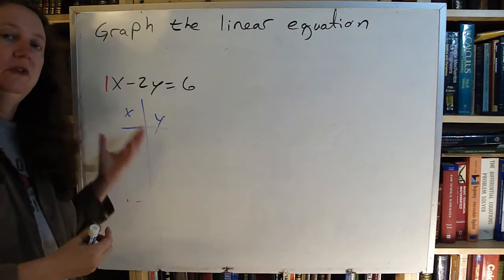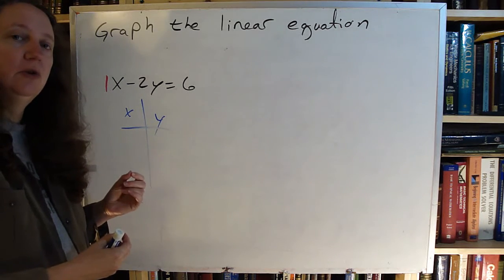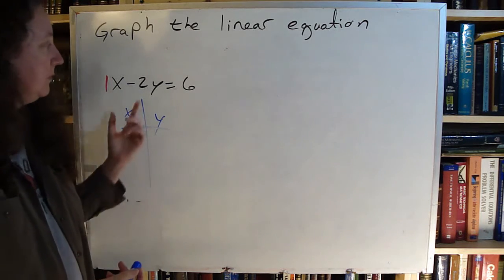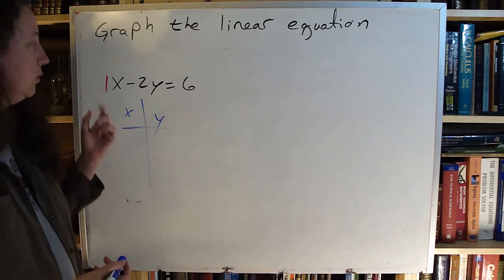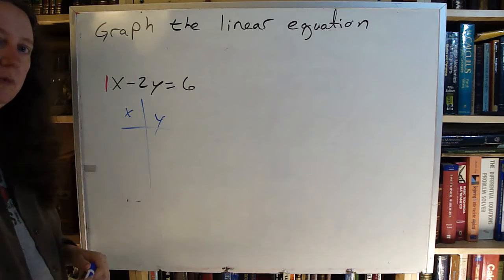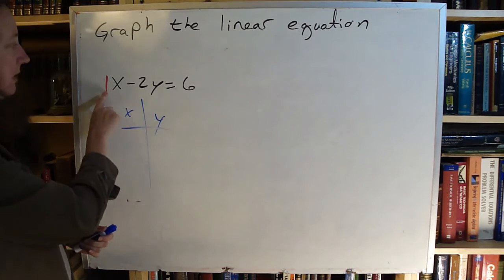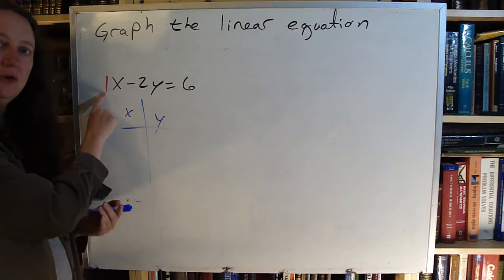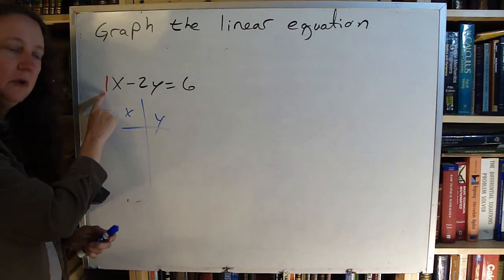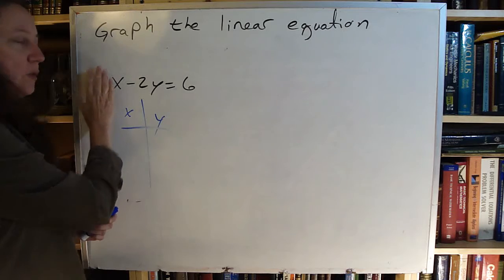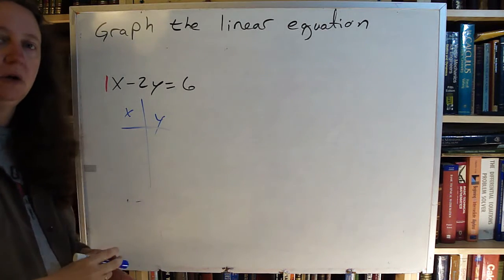So with this example, it's going to be easier to choose values for y than it is for x. The reason, there's no coefficient there, there's just the understood 1. So therefore, I don't have to worry about dividing or anything like that once I get my